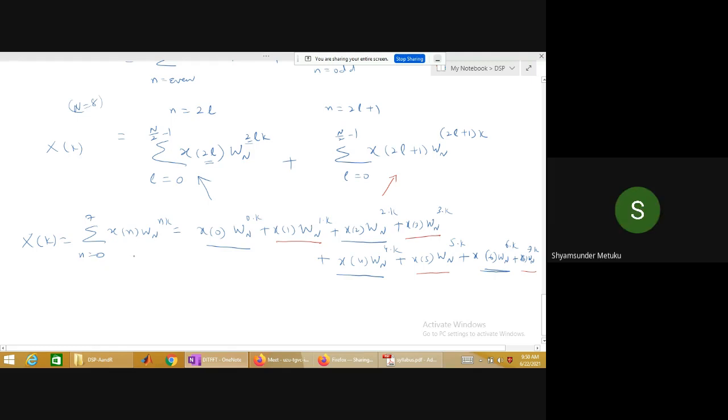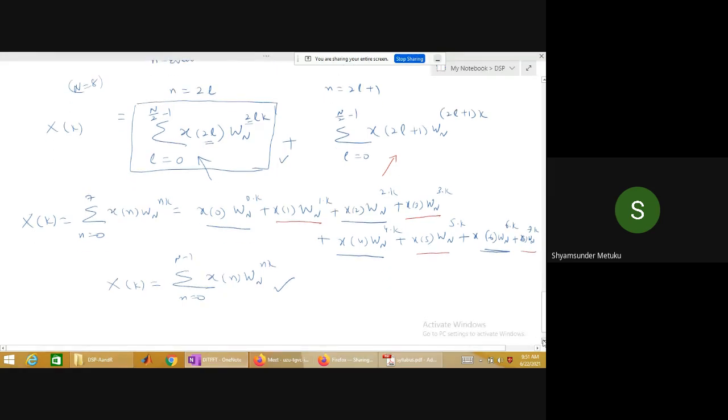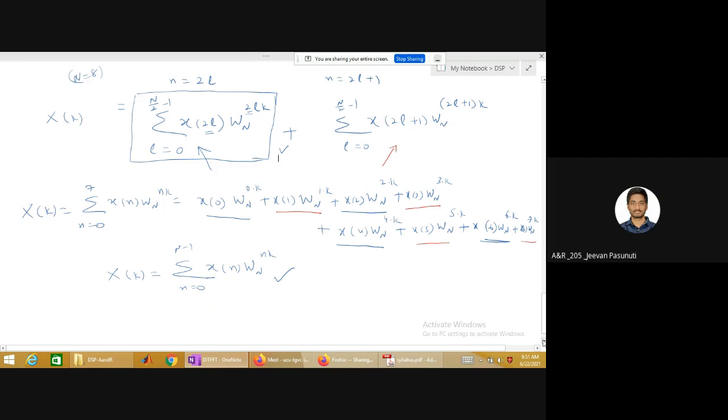Okay, sir. Okay, fine. Now the thing is, can I consider this whole box as a standard DFT equation, or it is not matching with the equation of standard DFT? What standard DFT says? X of k is equal to sum over n is equal to 0 to n minus 1 x of n w base nk. If you observe this one and this one, what are the differences you find? You tell me. The box and the last one. n minus 1. Any difference?